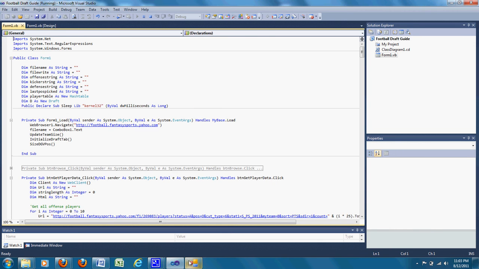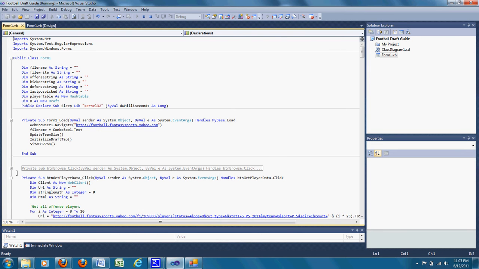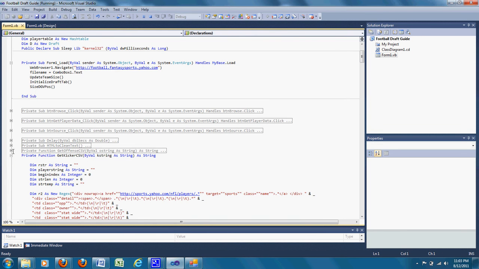Keep that open. But it does that, and then it turns them into semicolon separated values right now, which is good. That's what I need. When I click to grid, it does some other fancy stuff. Right now, it's going to populate the available, the all players, and the by position tabs. And what it's going to do when I click to grid is it